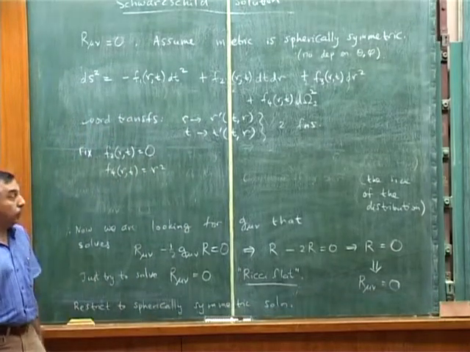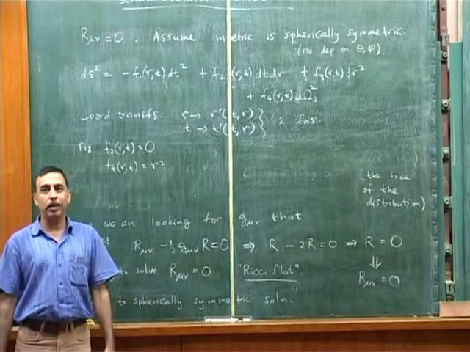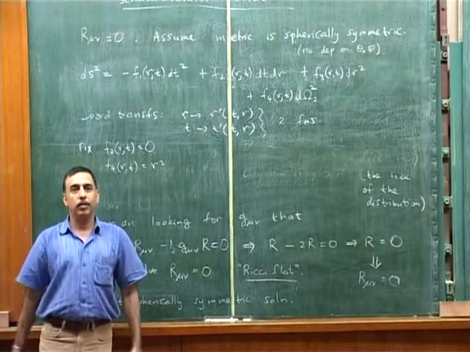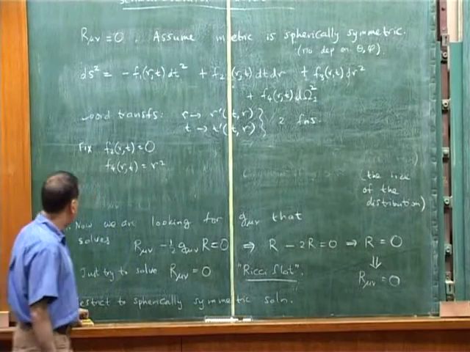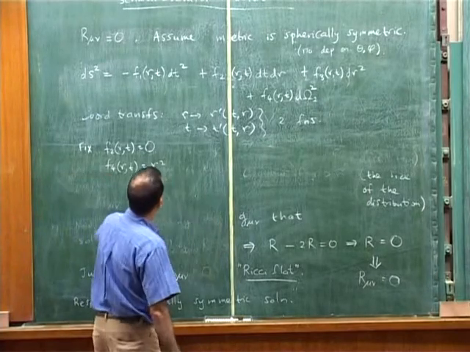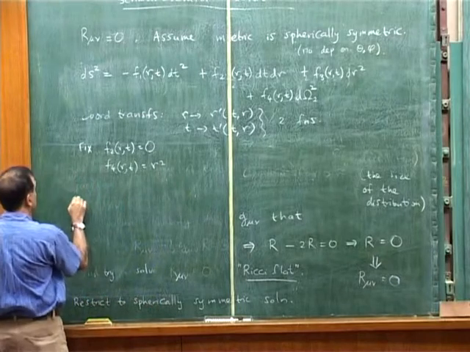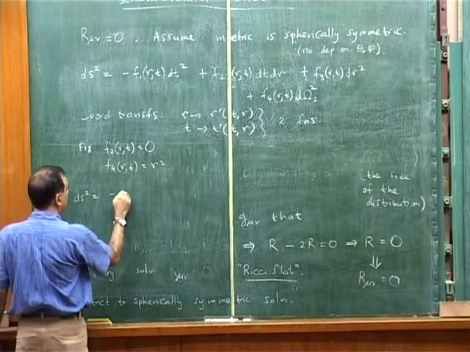And finally, I'm going to find the metric in one coordinate system, right? I cannot find a metric in every coordinate system. I can give it to you in one, and you can then transform it to any coordinate system of your choice. Okay. Good. Now that we are left with 2 functions, f1 and f3, we'll write the metric ds squared, and we'll parameterize them in slightly different language.